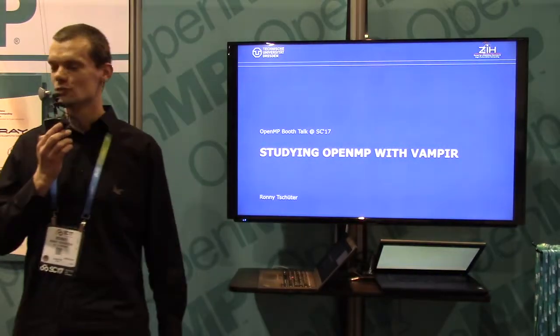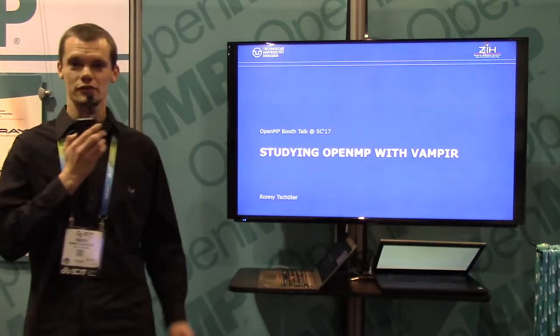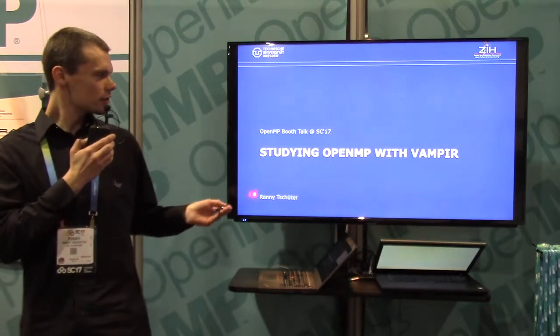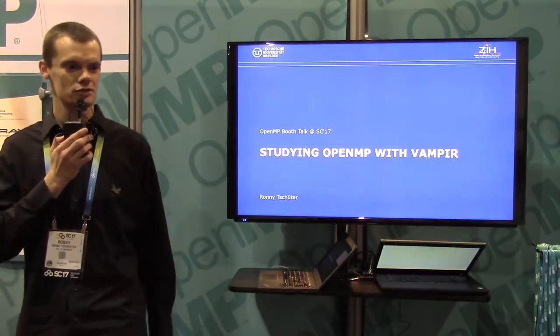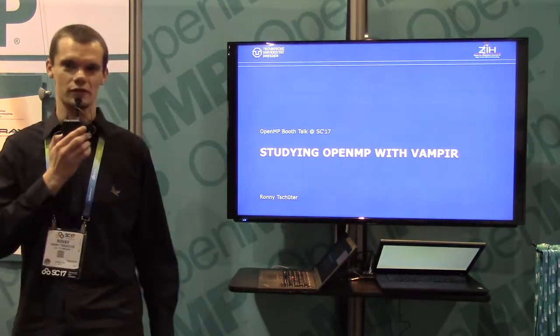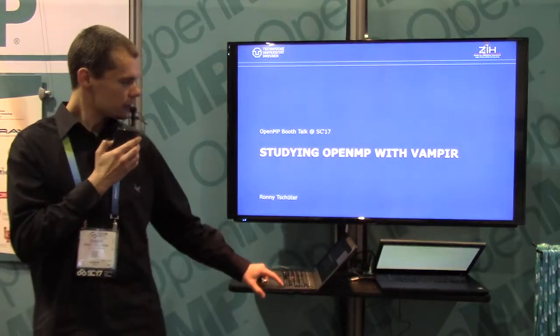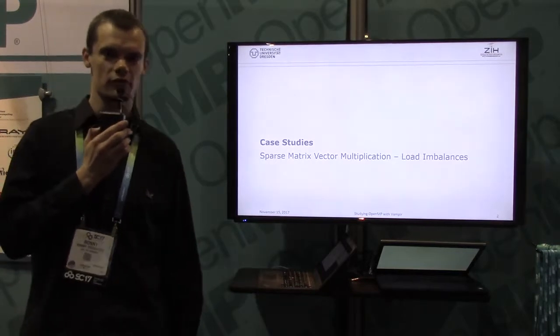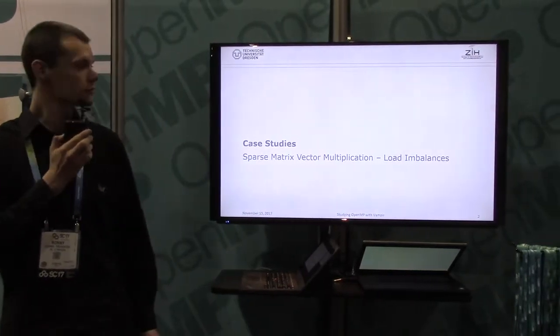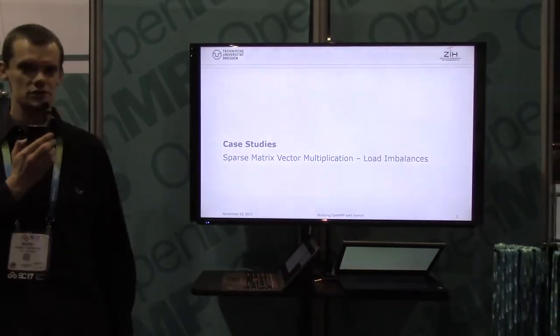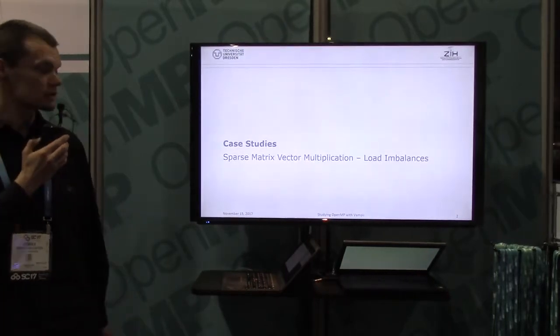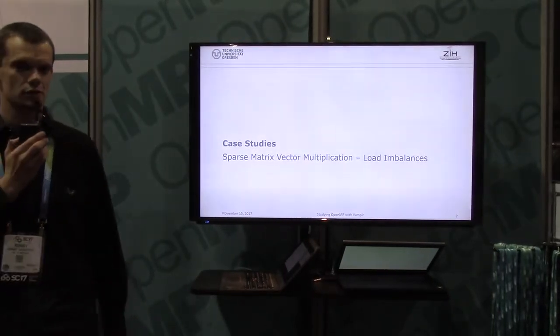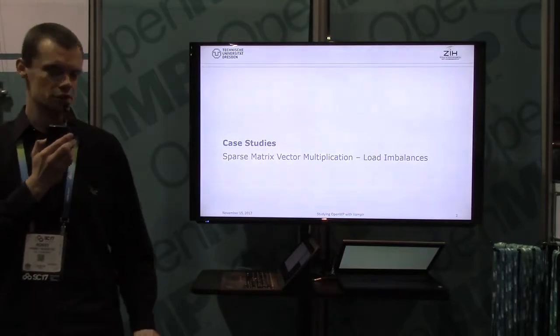Okay, so welcome everyone. I want to give a short talk showing how you can study OpenMP applications with the help of the Vampir performance analysis tool. And I will present you some case studies in this talk showing typical performance problems and how you can detect it using Vampir. And let me start with this sparse matrix vector multiplication example where we will see some load